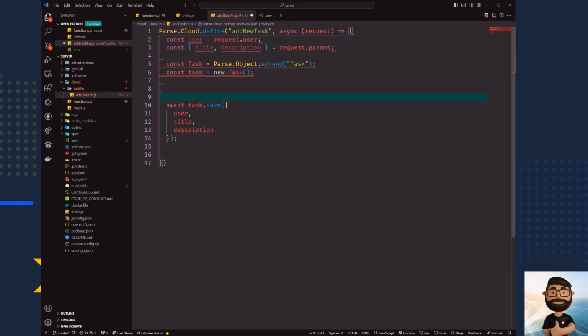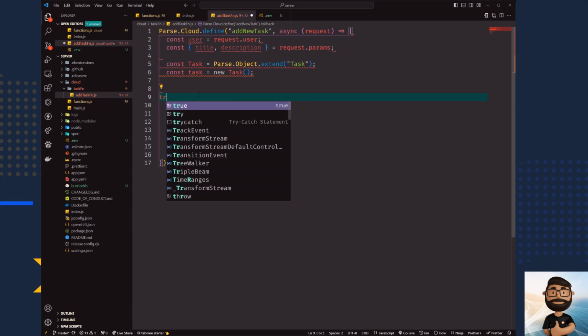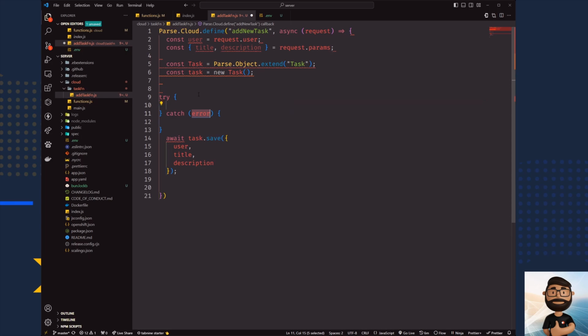So for that we are going to use try catch, and I'm going to move this into the try block. If this is stored successfully, I'm going to return an object,